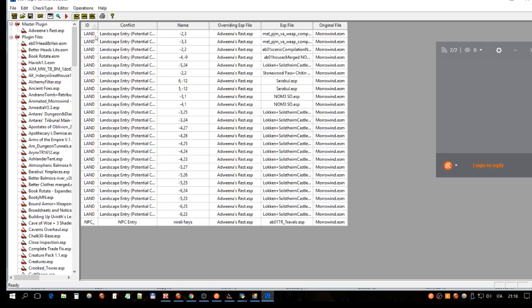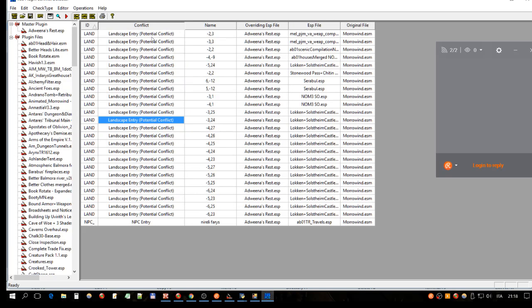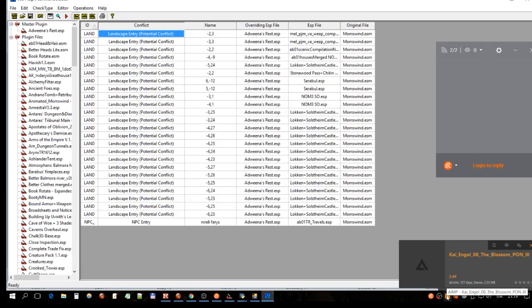As you can see, we are left to deal only with landscape potential conflicts. And this is what we will do